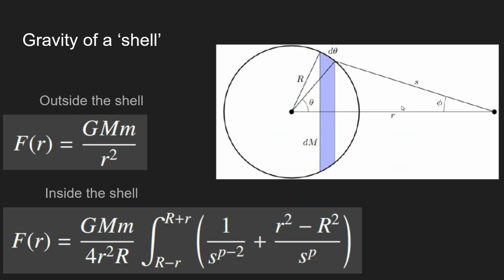But when you're in a shell, things get actually quite complicated. Imagine if Earth was hollow. Exactly, I have turned into a hollow earther in my break. No, if Earth was hollow, things would become quite complicated. If you're outside of this shell, the normal law of gravitational attraction would apply. If you're inside the shell, things would get complicated very quickly, as you can see here. If you're curious about what all of this is, please consult the Wikipedia page. But inside the shell, things get a lot more difficult.